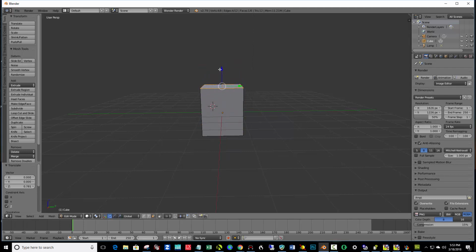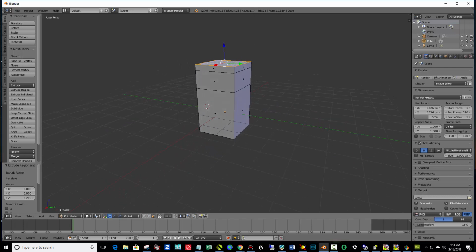Okay, I can extrude also on the Z axis, E Z, and then, oops, Z again. Make sure you have that blue line when you're trying to constrain it. If I don't have that Z axis line, then as I extrude, it's going to be squirrely, or it could be. Okay, I can extrude this way, E,